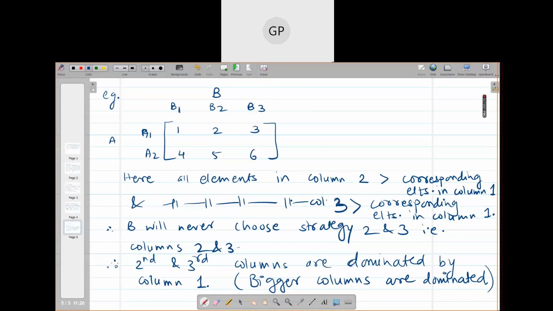We will first check whether there is a saddle point. Even though there is a saddle point, you will be able to get the value of the game using dominance principle. At the end, you will have a 1 cross 1 matrix with that saddle point. So we will have one example of this type. The same problem, I think there is a saddle point here. And answer is 1, I guess. Let us see.